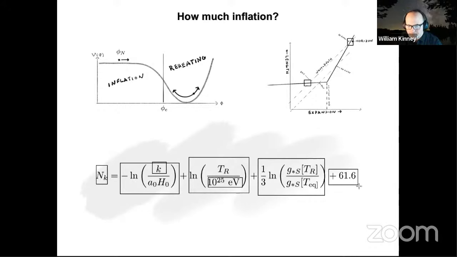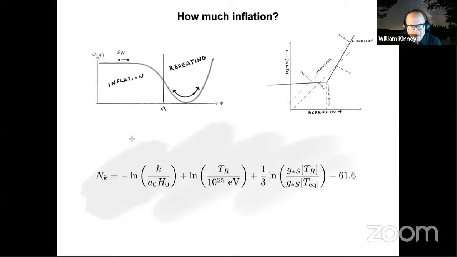So now if we want to talk about a mode that is of order the horizon size today, well, that means that this logarithm just vanishes. We can get rid of it, right? So in particular, let me just draw an arrow and say that thing just ends up being equal to 0 when k is equal to a_0 H_0, when the mode is equal to the horizon size today. So that tells you that for reheat temperatures around the GUT scale, you end up with a number that's somewhere around 60 e-folds of inflation is when that mode that was of order the horizon size today exited the horizon.